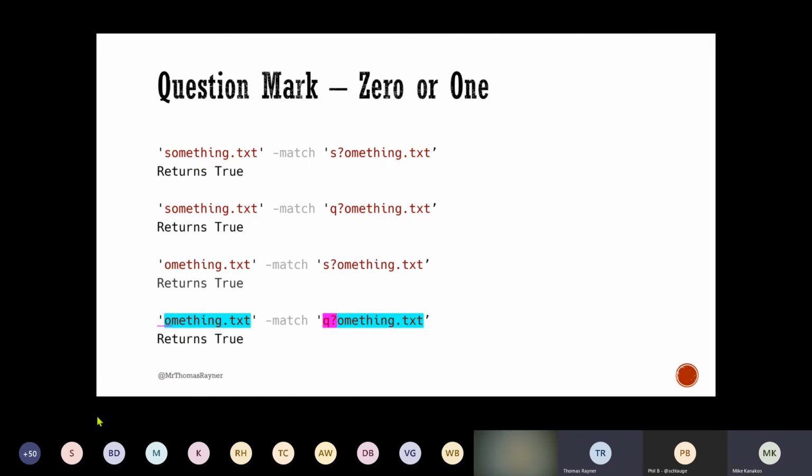I understand that it's a two-parter, but I was basically saying that 0 or 1 means on the left side, anything could be there, and it's going to match at least on the left side. Yeah, that's right. The only difference it really makes is in an example like this where it is present, this S is found right here, so it's going to be part of your match.